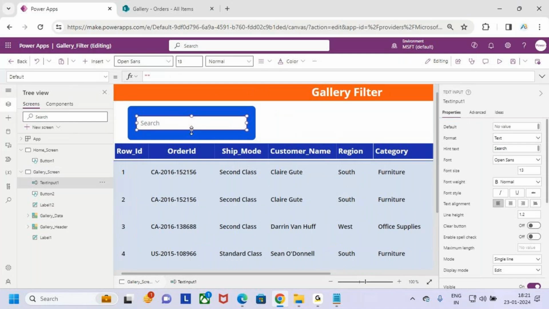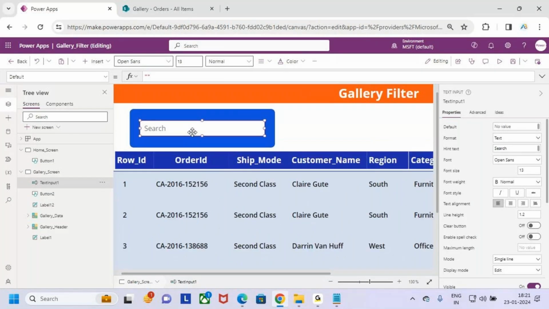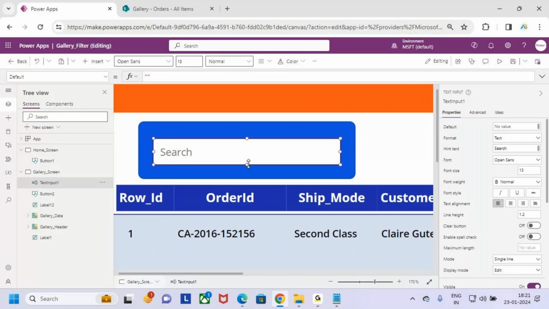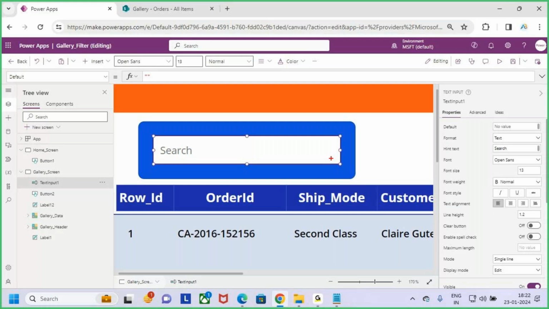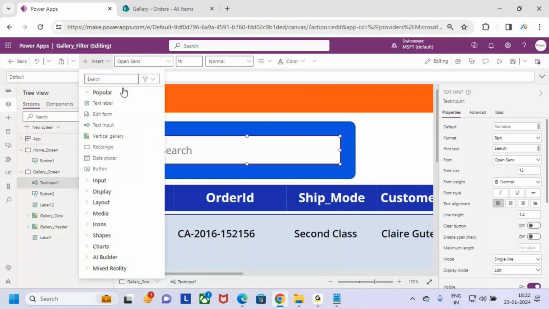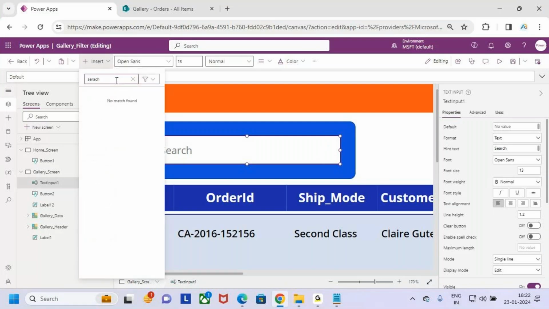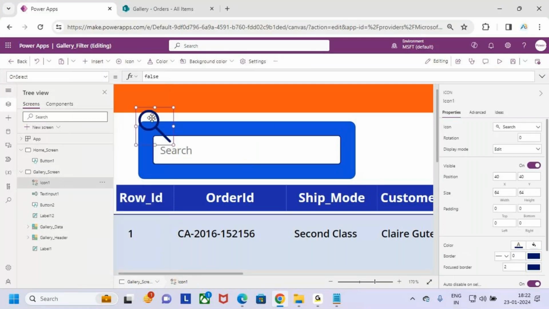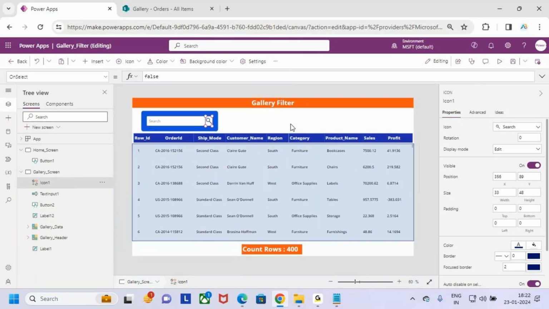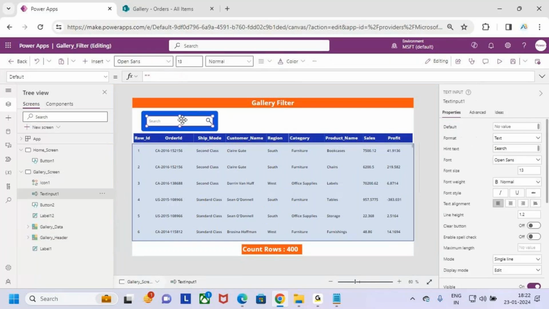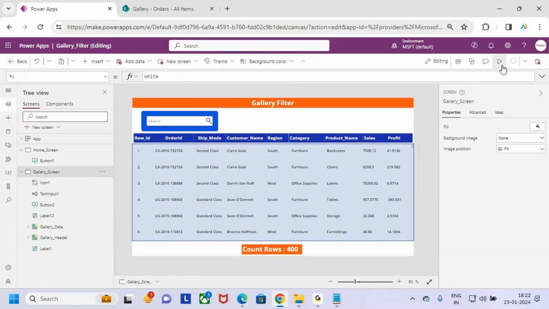I want to increase some height. Let me increase the height and keep it here. And also I want to add an icon here, that is the search icon. Let me go to the insert tab. Let me go and add an icon called search icon. Let me add this icon. Keep it here. Fine. So this is the control I'm keeping here, guys, which is used to search the data in